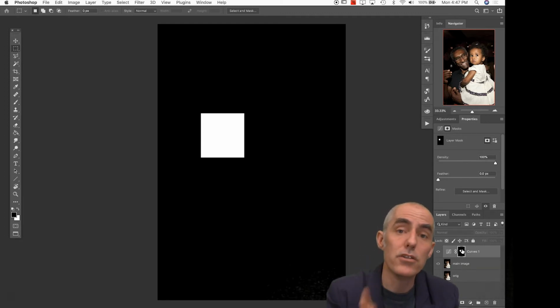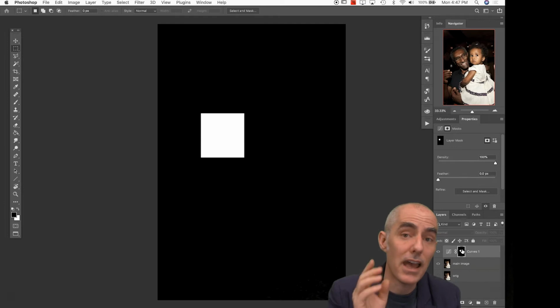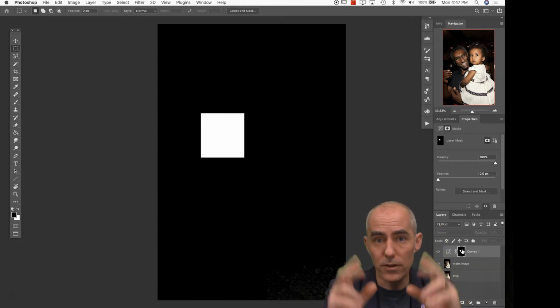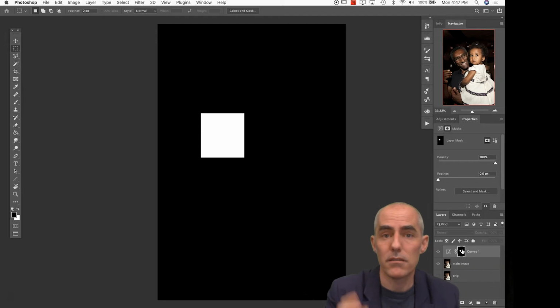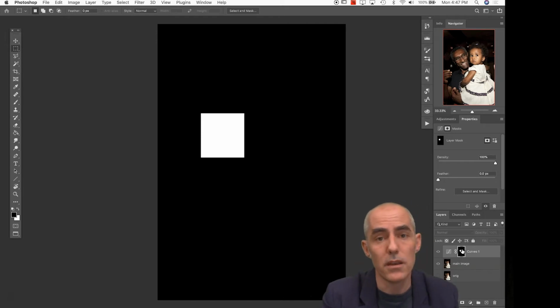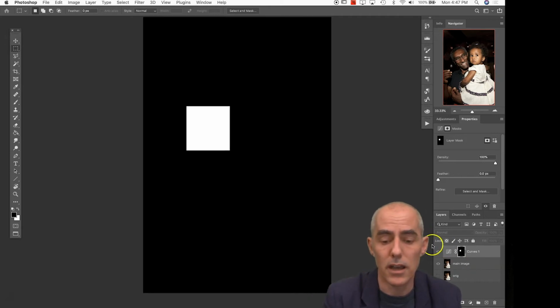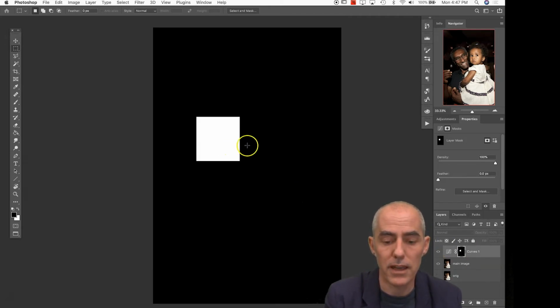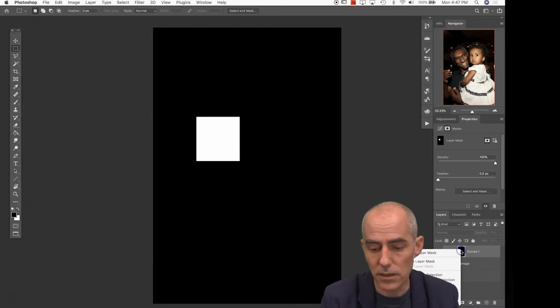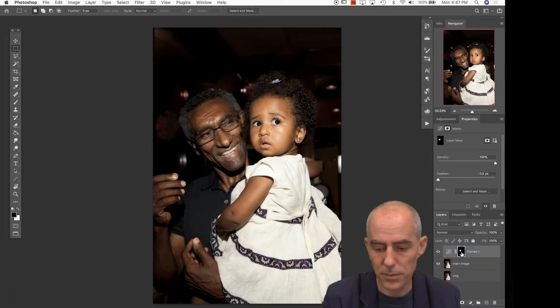If I make a new adjustment layer while I have an active selection, Photoshop will automatically use that active selection as a layer mask. So draw that box first, right? With that active selection, go up there, make a new adjustment layer, and poof, it gives me that area as my layer mask. So that's super convenient, but it is also, option click to get it back, useless right now,